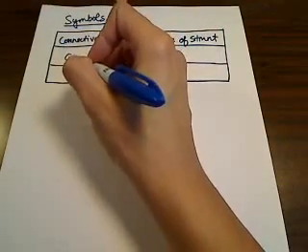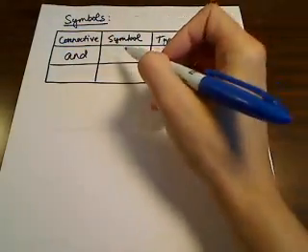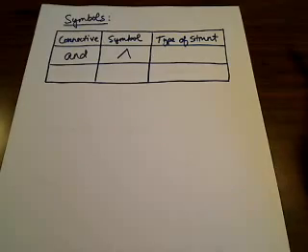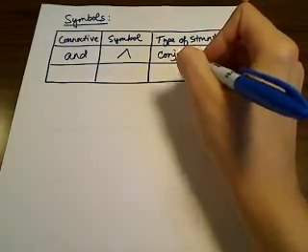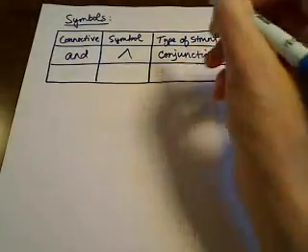Okay? So with the word and, we use this symbol right here. And they refer to this as a conjunction. Oh, we need another